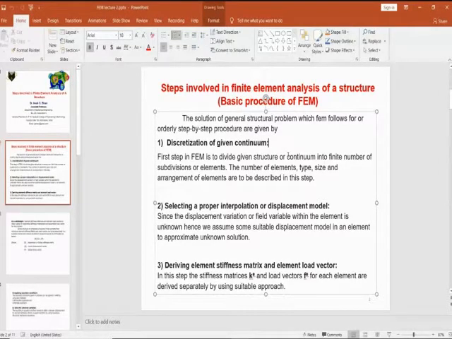For example, suppose it is a single beam element, we can go for line type of elements, or else suppose it is a plate. Plate is a 2D element, no? If it is a large plate, a steel plate, then it is a two-dimensional element, because the thickness of the plate is very much negligible compared to the length and breadth of the plate.